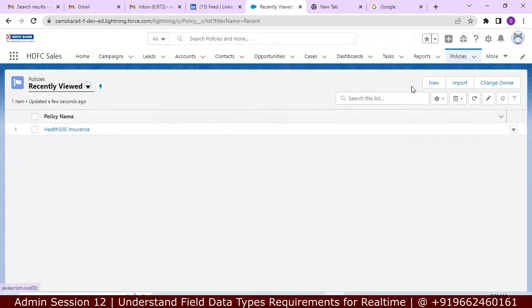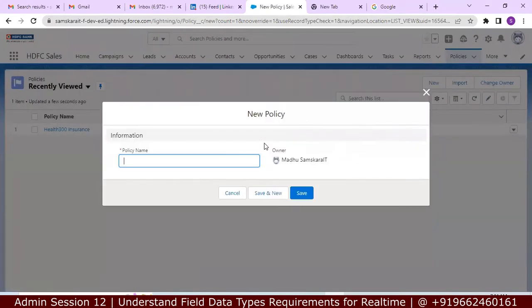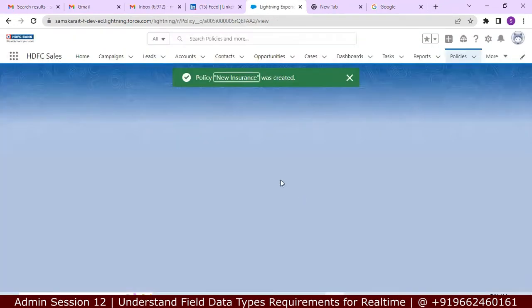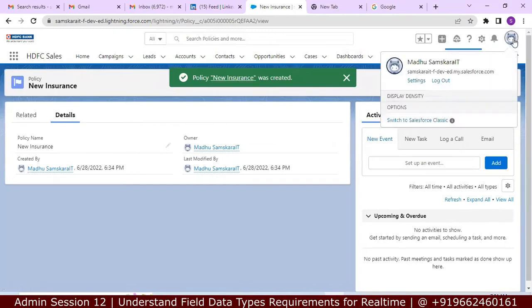In this object, we are creating a record. Here we are entering some data. Policy name is the label name. This is the field name. Here we have some checkbox. In this checkbox, we are entering some data. I have entered new incidents. Even if you go to classic,